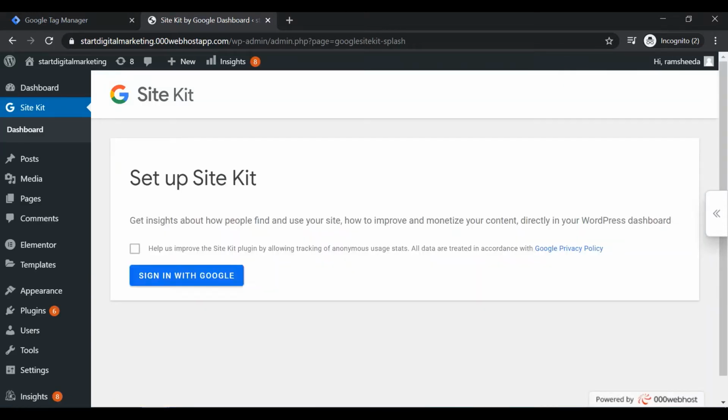Click Start Setup. Now you need to follow the steps to authorize access to your account.